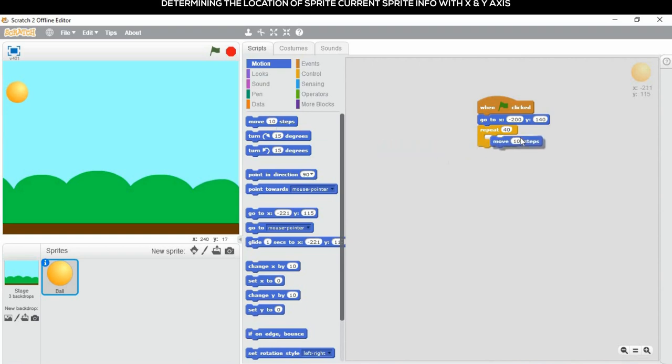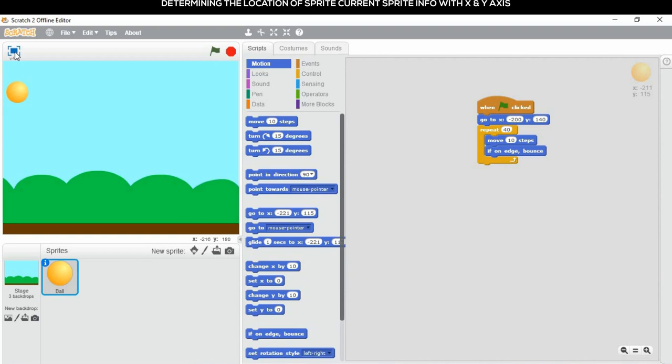That's why I am adding move 10 steps, and next I am going to add if on edge, bounce. What is the function of if on edge, bounce? It checks to see if the sprite is touching the edge of the screen with the move steps block. That's the main function of if on edge, bounce.